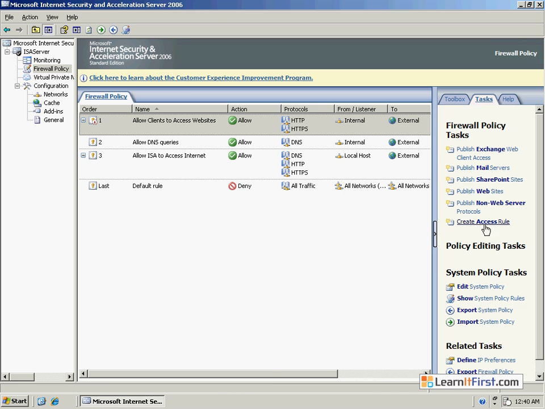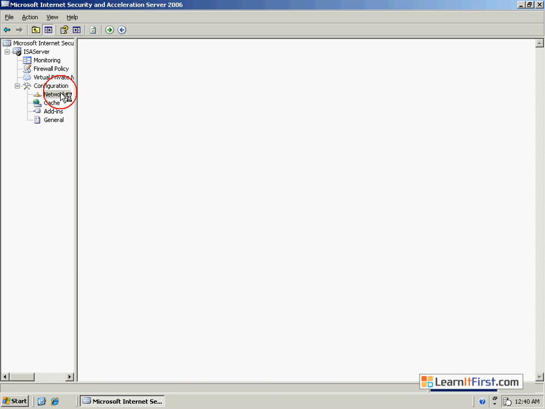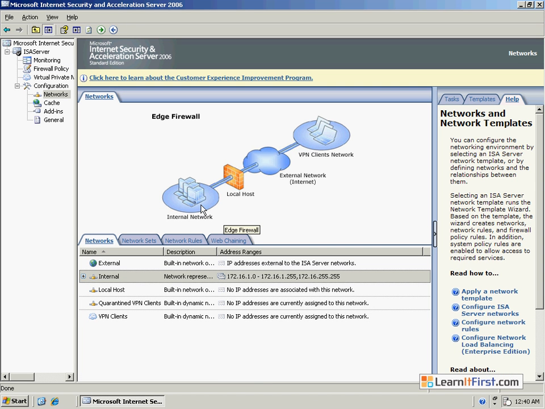Those are the access rules option we see down here, where I could create an access rule that says, well, allow clients to access websites. And they can do particular protocols. And I can even provide a list of what external addresses they're allowed to go to, if I don't want to allow my users to access every single website out there. So what we've got is the ability to control the internal users and where they go. And that's what a lot of organizations like to set up their